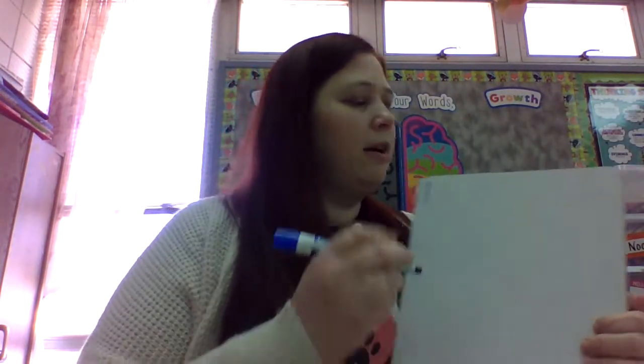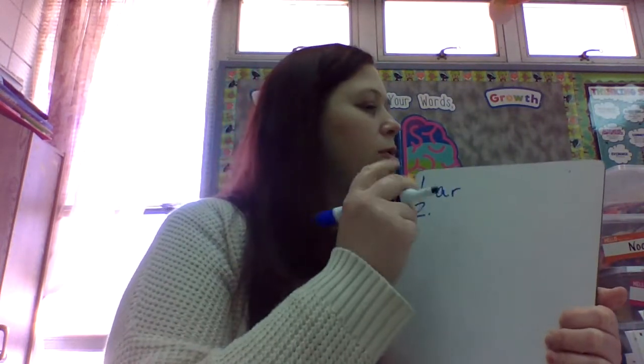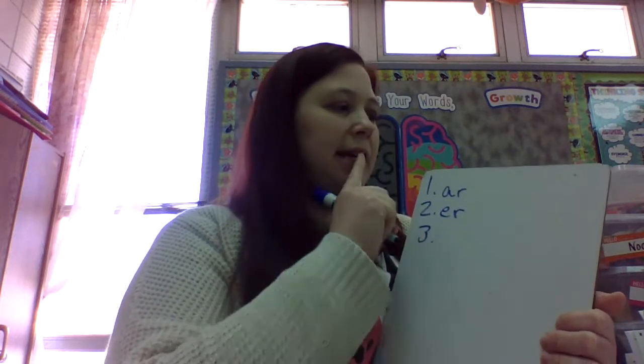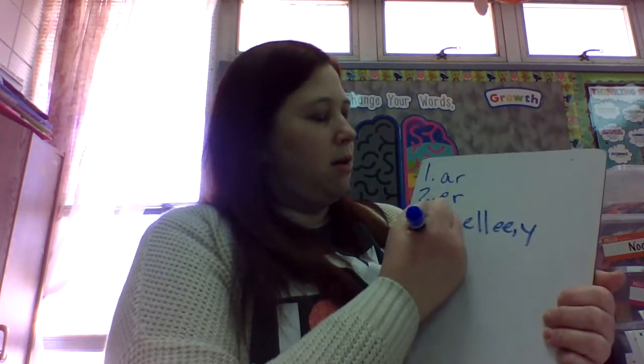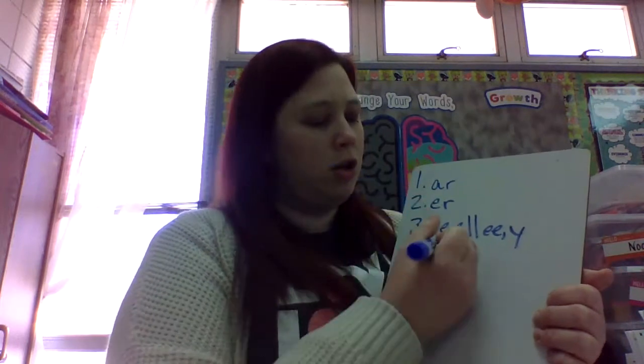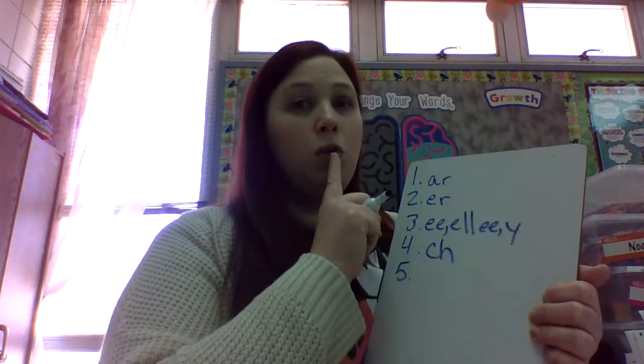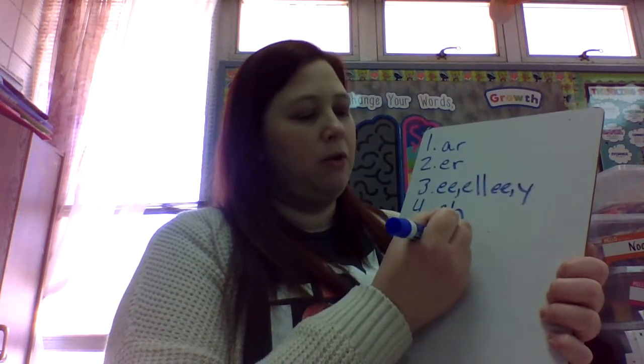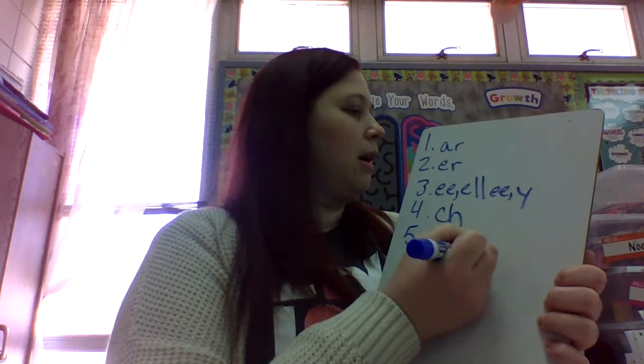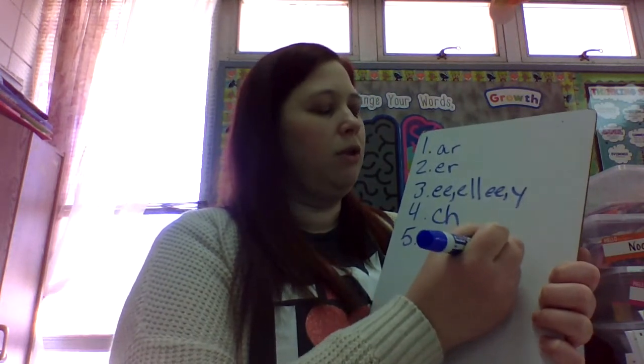So number 1 is R. That's A-R. Number 2 is, and we have E-R. Number 3 is E, so we can say that E-E, comma E, or as a final sound, E-E or comma Y. Number 4 we have Ch, C-H. Number 5 we have U. We can make that, remember, with U, consonant E, or comma U, or as a final sound, U-E